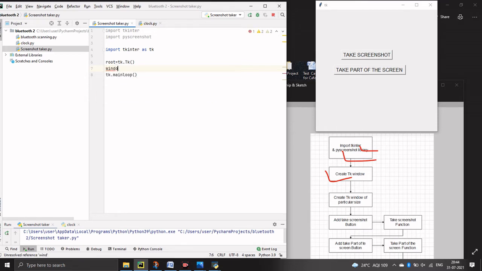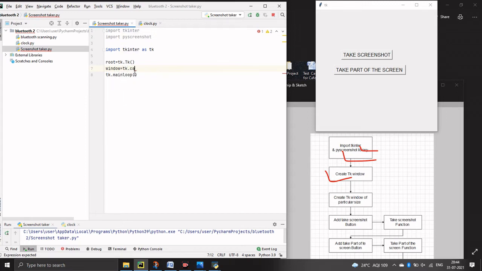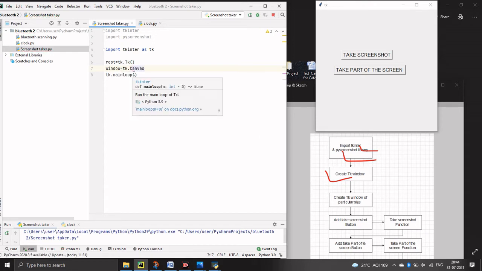First assign some variable for this function. So tk.Canvas. In Canvas we have to pass three parameters. First is the window that we are going to adjust. Here we are going to adjust the TK window, that is assigned to the variable root.